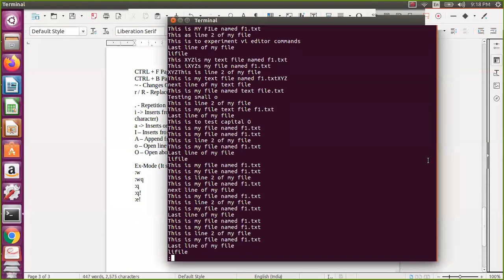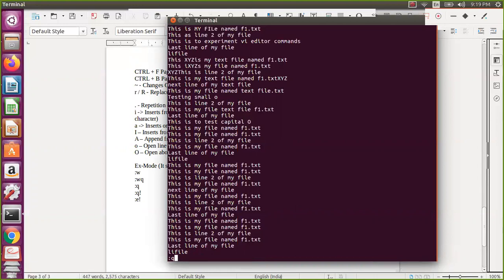So now I want to save only actually. Okay, so you can see here, I just said Control G, so it is there. Now I am saying colon. Since it is in command mode, I am just pressing colon, and then I am pressing W, and then enter actually. Now you can see here it is written. If I say Control G, then you can see here it is not saying modified anymore.